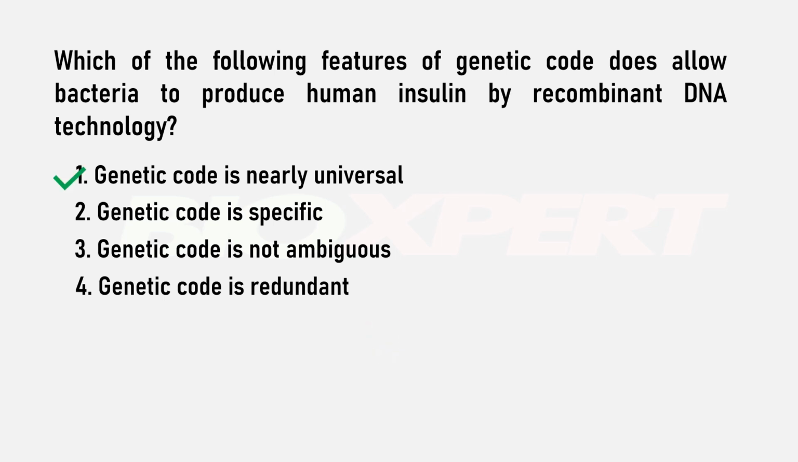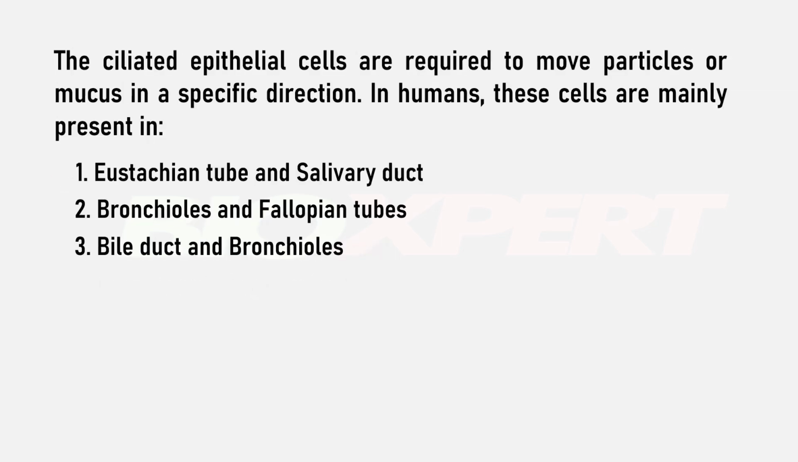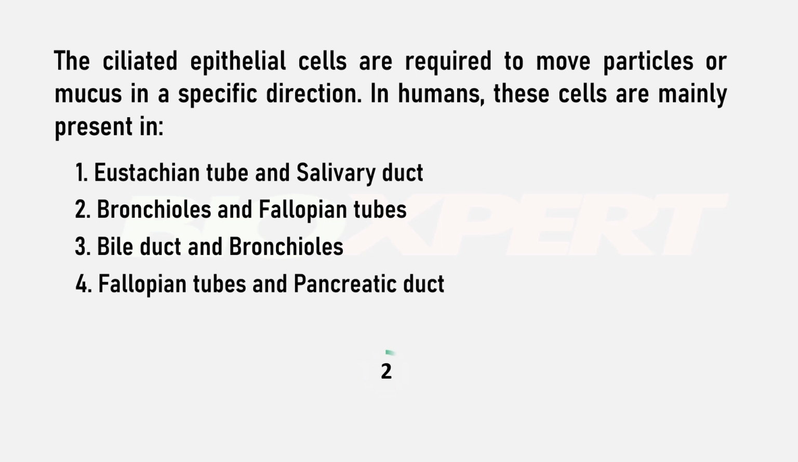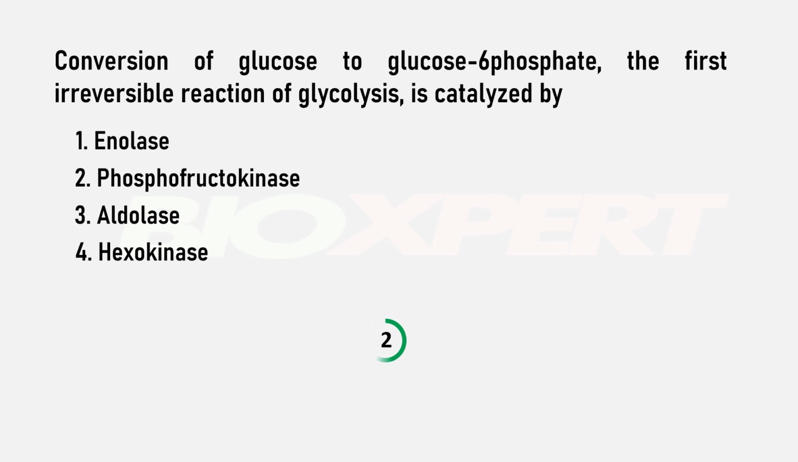Genetic code is nearly universal. The ciliated epithelial cells are required to move particles or mucus in a specific direction in humans. These cells are mainly present in bronchioles and fallopian tubes. Conversion of glucose to glucose 6-phosphate, the first irreversible reaction of glycolysis, is catalyzed by